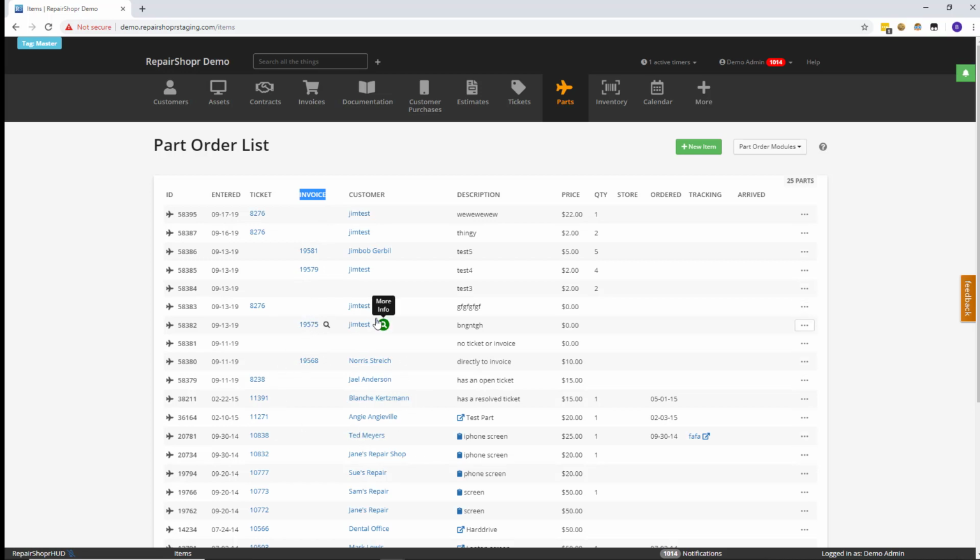And for some of you, you may have noticed there are part orders here that don't have tickets associated to them, but they have invoices associated to them. And yes, most astute viewer, you can create part orders and then just transition to invoices now. So let's actually take a look at that. I'm going to click New Item,